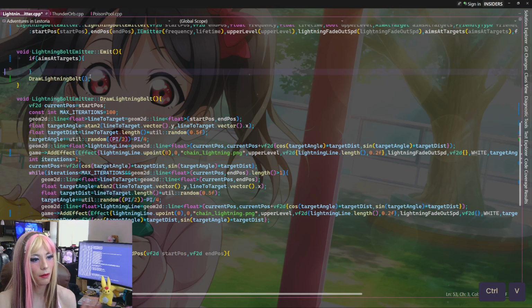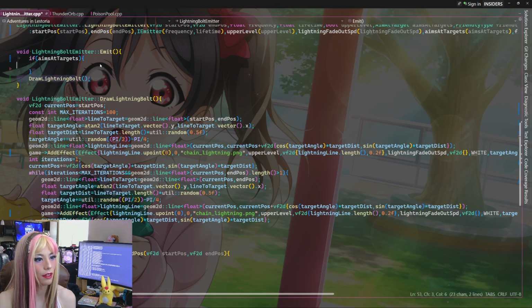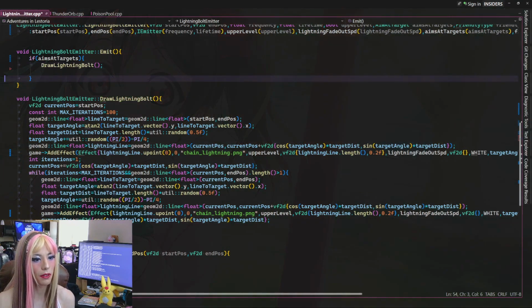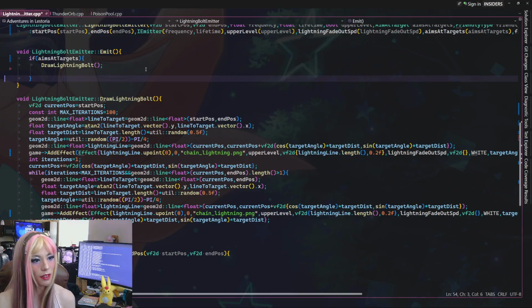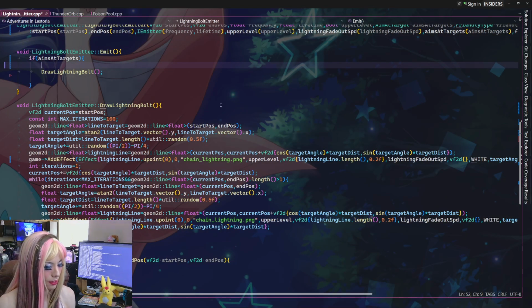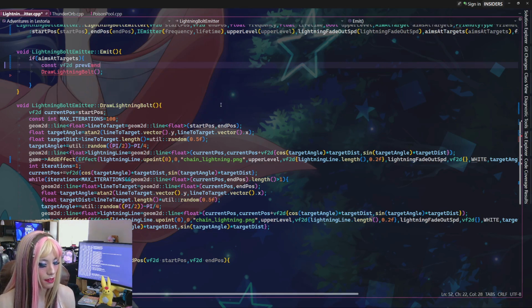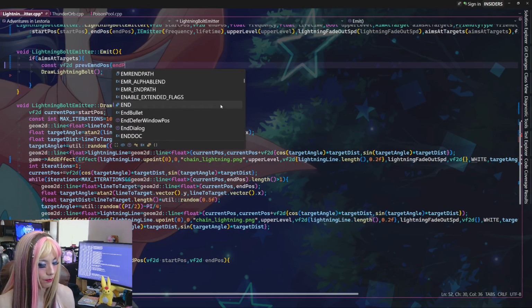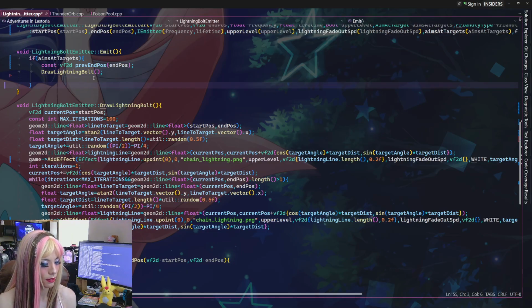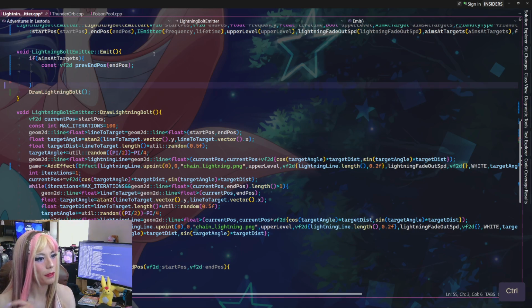We can think bigger picture, right? If we're here, we do this instead. Now, because draw lightning bolt relies on the end pause to determine where it gets shot to, what we can do is store the end pause temporarily in a variable called previous end pause, and set it to end pause. And then we're going to set end pause to new values before we draw each lightning bolt. Also, to make this a little bit easier,